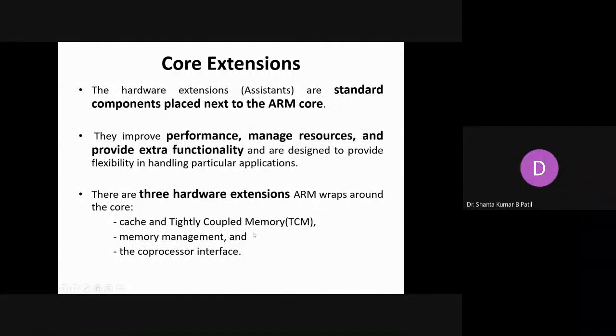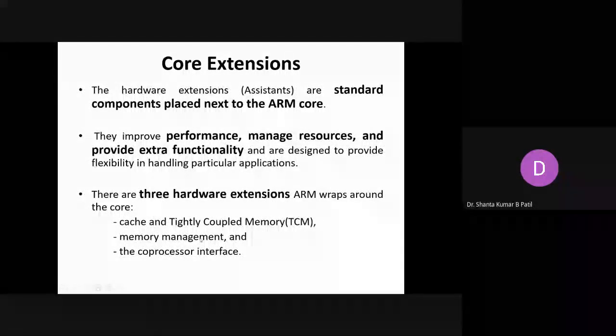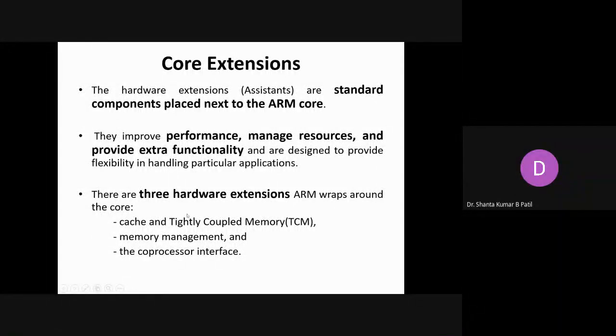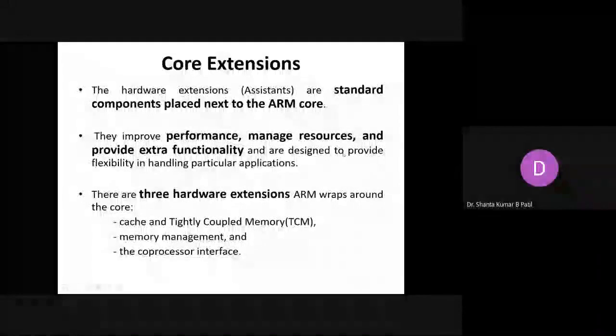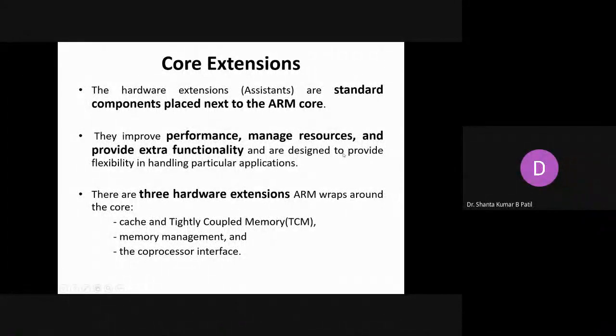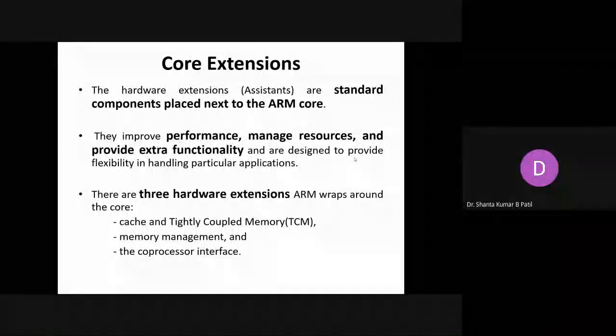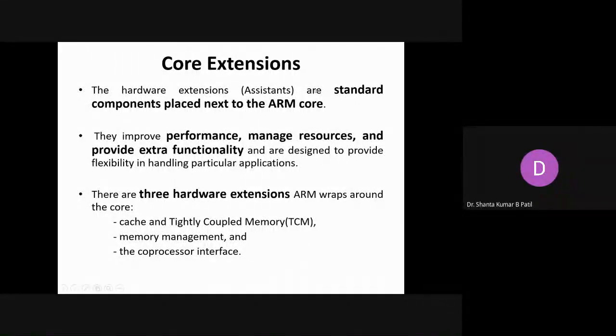Or you can build the cache, the memory management, and the coprocessor interfaces. If you are using all these things, the core is extended. Extension of the core means it relieves some of the operations performed by the processor to other devices. So this is what we call a core extension.